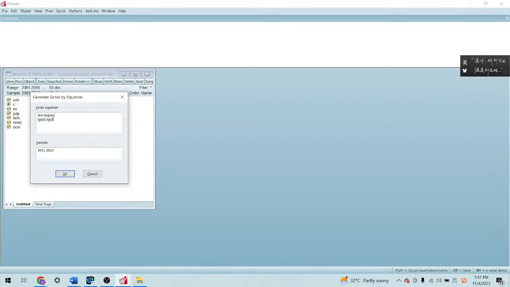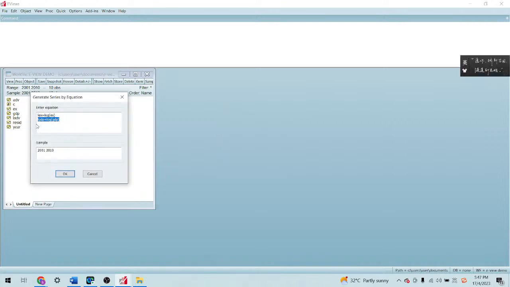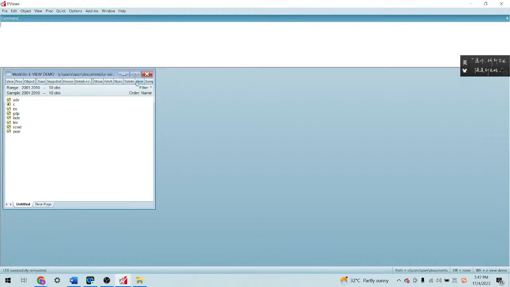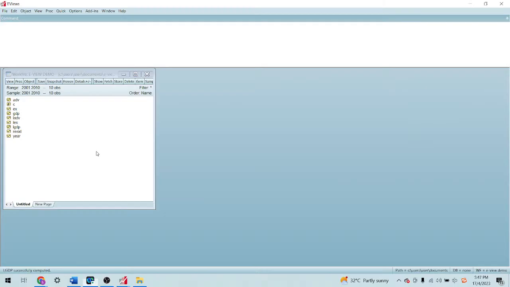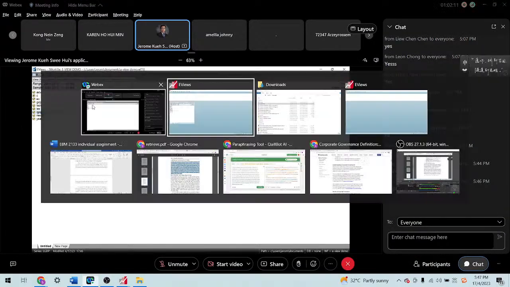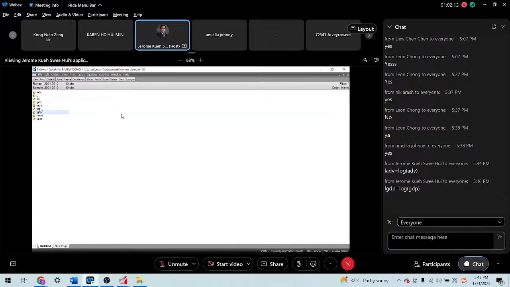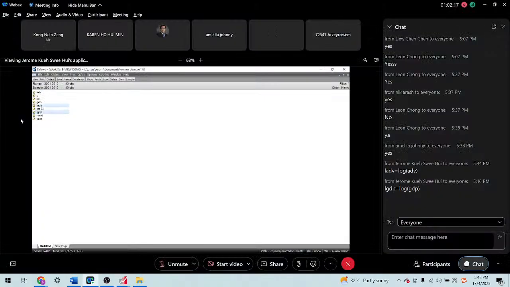So the next thing is, why not we try to rerun the analysis again? Okay? So this time you click the LGDP. You use the mouse, left click your LGDP. Then press the control button at the laptop keyboard. Then choose the LGDP, then followed by LEX.